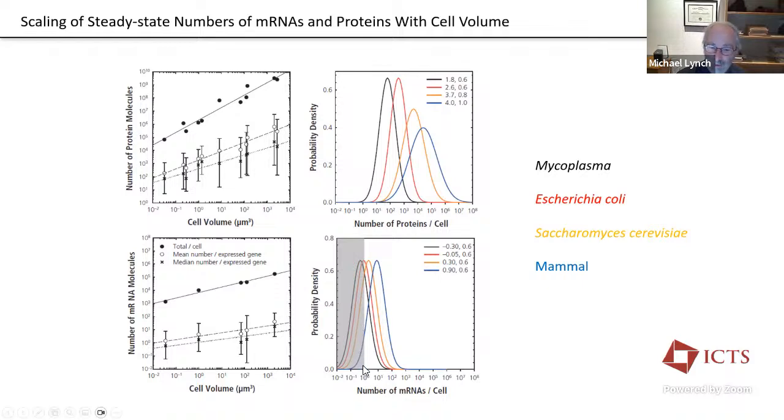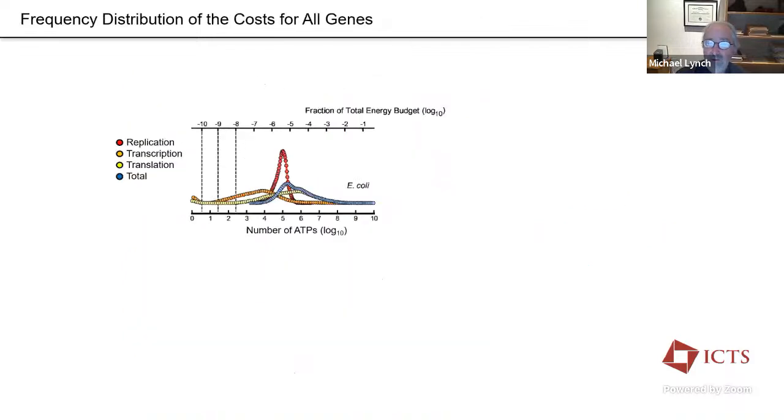This is for mRNAs, and this gray area is where you're below 1. So many genes inside even small eukaryote, moderately sized eukaryote cells will transiently go through a period in which there's no mRNA in the cell. And then you have to wait for the gene to fire again. Proteins have a longer half-life, and so they're more guarded against being lost transiently in the cells. The main point is we have some information now on the number of proteins of every gene inside a cell in certain species. And that's going to enable us now to think about, for some model species, the cost of the whole set of genes in the species.